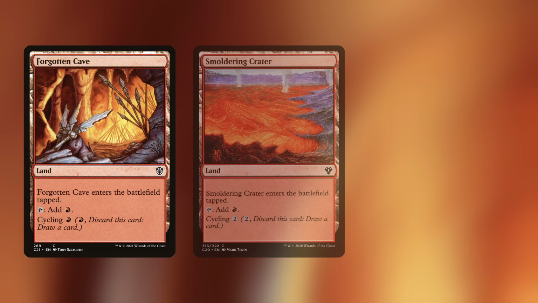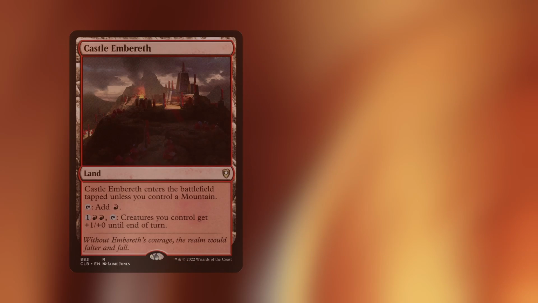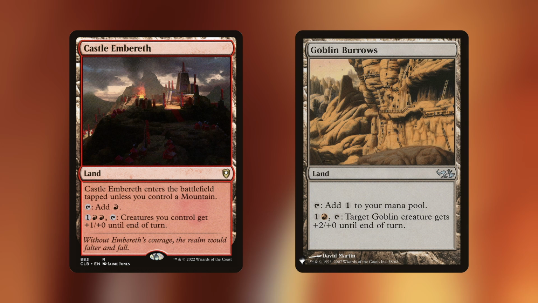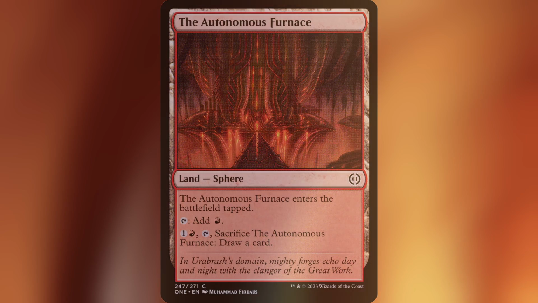First up we have Forgotten Cave, Smoldering Crater, and Desert of the Fervent, which can tap for red, but could also be cycled away if we happen to draw these at a time where we'd really prefer spells over lands. Castle Embereth taps for red, but can also be used to give all of our creatures +1 power for the turn, while Goblin Burrows can let us give a target goblin +2 power until the end of the turn. The Autonomous Furnace taps for red and can be sacked later on for a bit of card draw,